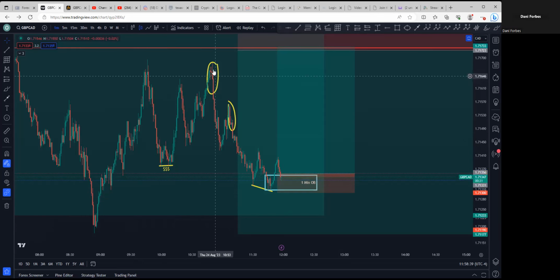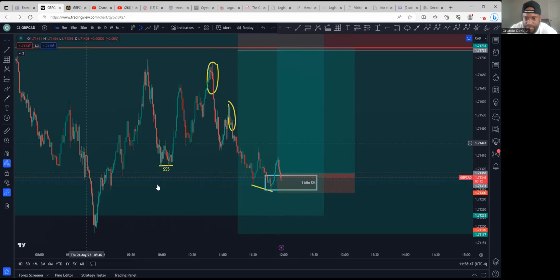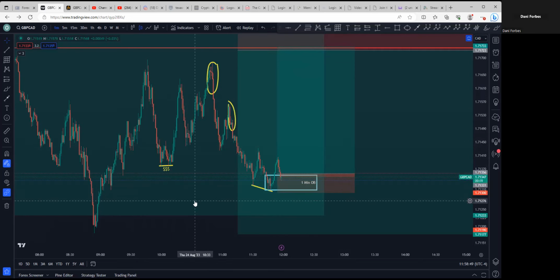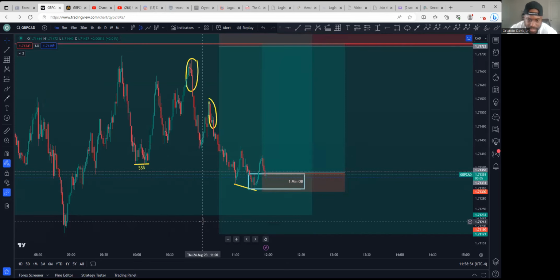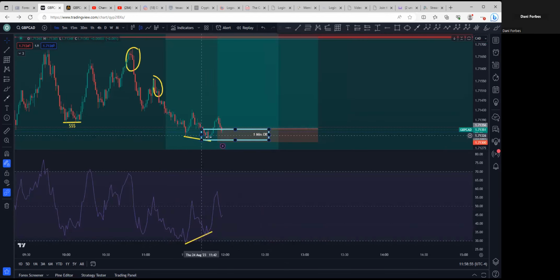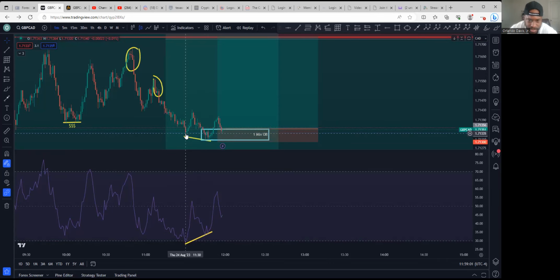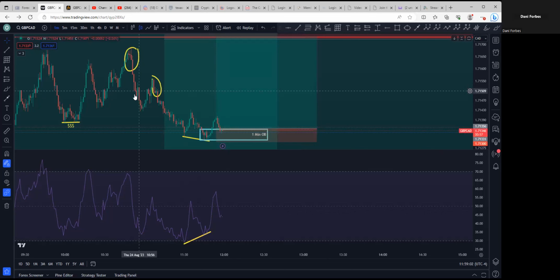I see two open imbalances, one right here. Price came right here, consolidated, and boom, broke lower. And now I'm looking for that bullish reversal. And I'm seeing how price is attempting to accumulate and diverge on a lower time frame, on a 1 minute time frame. Right. And I'm looking for price to go ahead and go bullish.